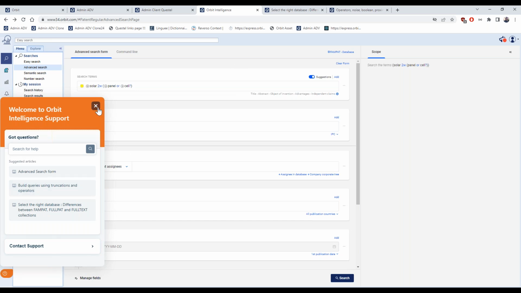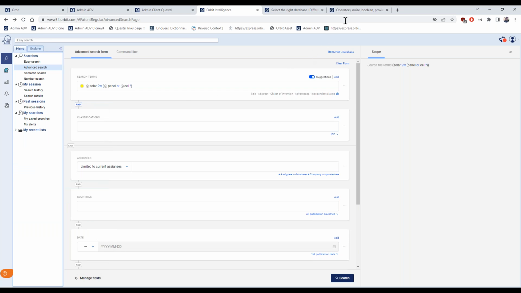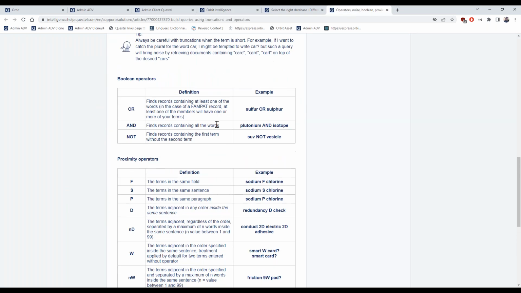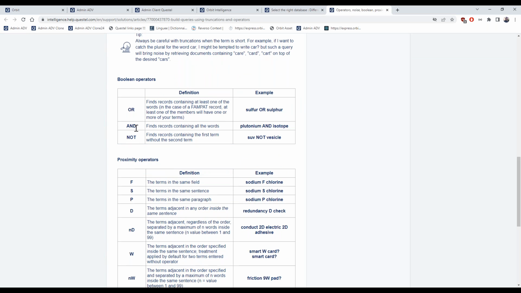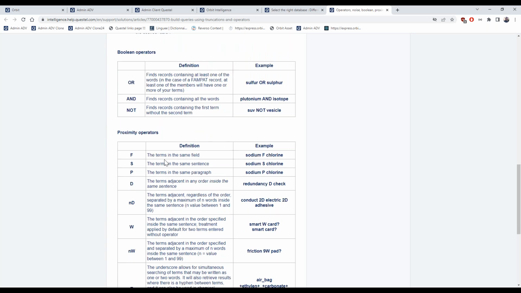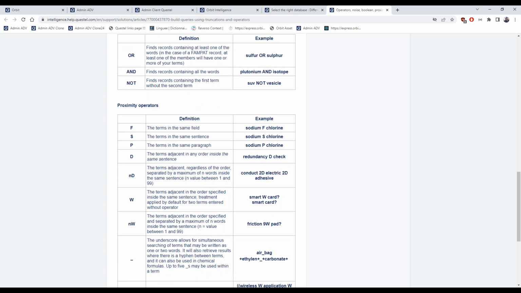The operators are the Boolean ones, and, or, and not. Then you will have proximity operators, where you can define by selecting two terms in which position of a text you want to find the results.